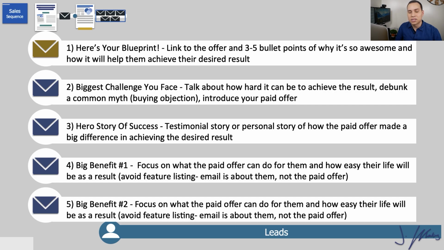Now, the next email is going to talk about a big challenge that they face. If your product or service solves problem X, then in this email, you want to talk about how problem X is a really big deal and could potentially sabotage what they're trying to accomplish. And then in the PS section, nowhere else in the email, include, by the way, if you're interested in learning how to solve this better, faster, stronger, then you can check out my cool course or cool offer here. And that's it. That's the only sales that happens in the second email.